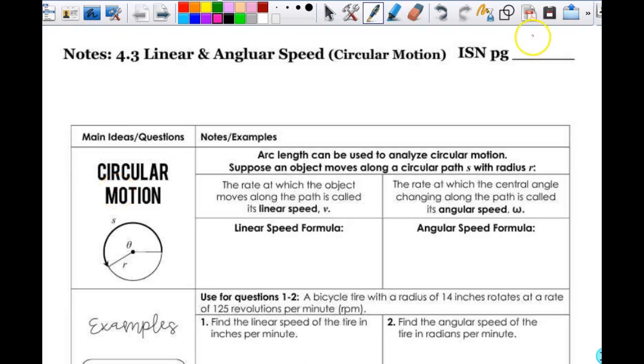92. Okay, thank you. So we are going to talk about linear and angular speed, which can also be talked about as circular motion. And another word we could use for speed here is what? Velocity. You were right. Good job there. Okay, so it's also linear. Another way to say the exact same thing, or circular motion. So let's talk about the